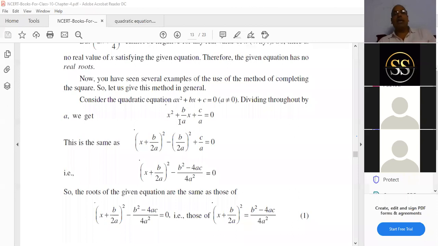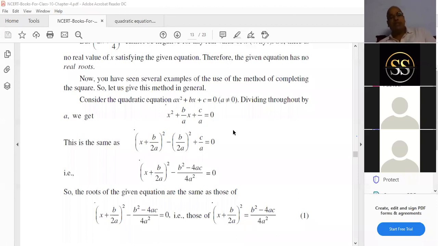But the 2 is not there here. You have to understand that point. The second term, the 2 I wrote. That's why b by a is there. That's why my b, 2 into x into b by 2a. That b by 2a I identified. Then b by 2a equals b by a x. Understand now? How you got b by 2a?